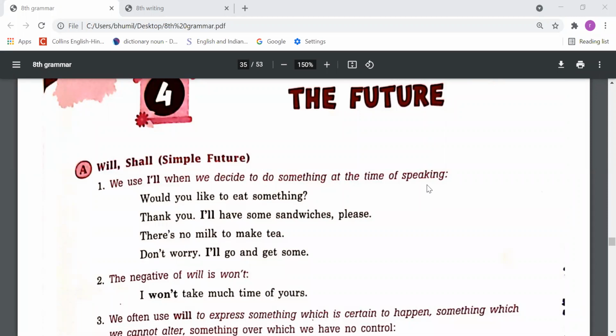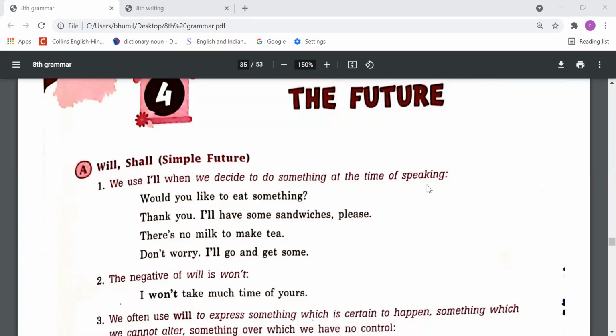We use I'll when we decide to do something at the time of speaking. Would you like to eat something? Thank you. I'll have some sandwiches, please. There is no milk to make tea. Don't worry, I'll go and get some. So, dear students, first of all, we have to understand